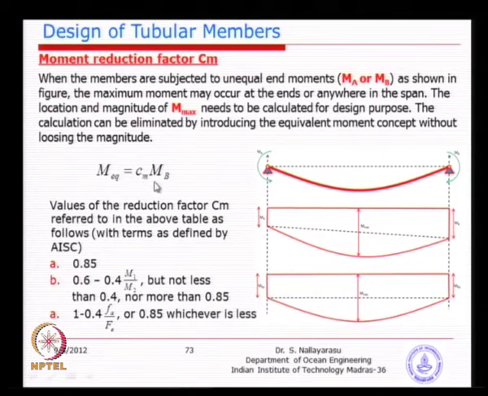So, this we call single curvature bending, you may have double curvature bending, and for each case API gives you a recommendation of a reduction factor. Instead of taking the full maximum, you find the equivalent maximum by multiplying by the end values, and a reduction factor of Cm equal to 0.85, or the ratio between the end moments, or the other factor. So, these are the three cases given. Most of the time for primary structures we apply a reduction factor of 0.85. This is given by the codes.